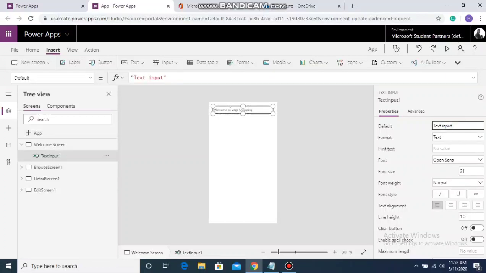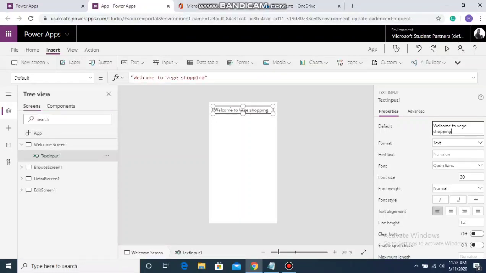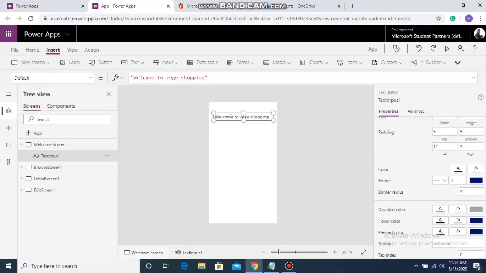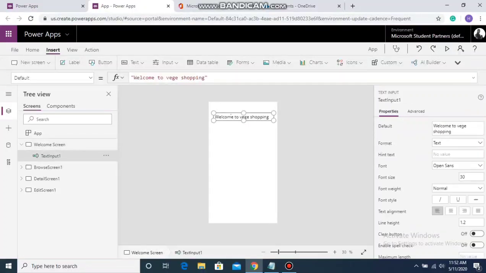Okay, and then let's change the size to, suppose, 30. If you do not want these borders to come, then you can also remove them. If you go down, you can see what is available, and from this border option, let me move to none. Alright, so you'll see that there is no border, and if you want, you can increase this size more, but then it will move out of the screen. So let us keep it at 35 maybe.